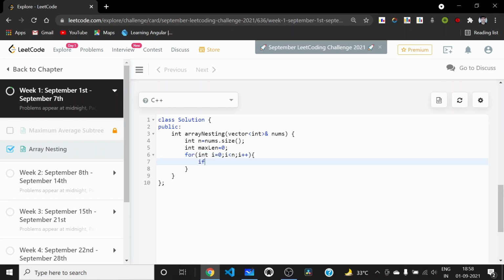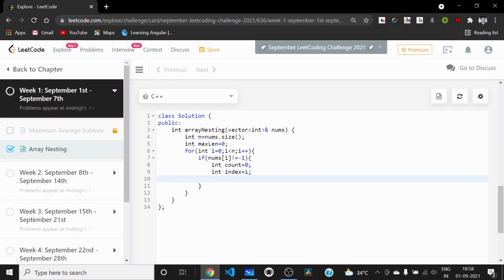We'll first check whether that element has been visited or not. If it hasn't been visited, then we can introduce a count for its set, and also a variable for storing the indices at every step.